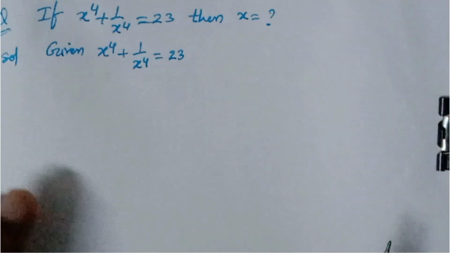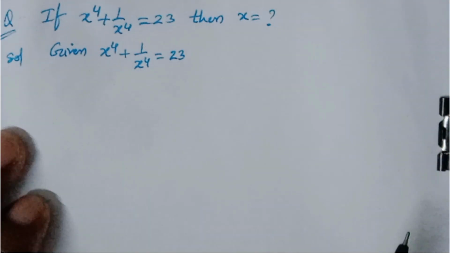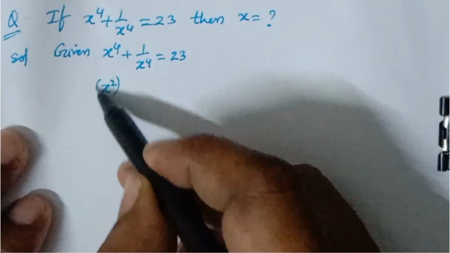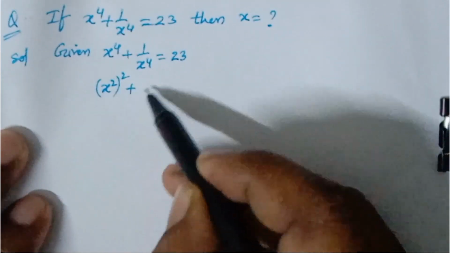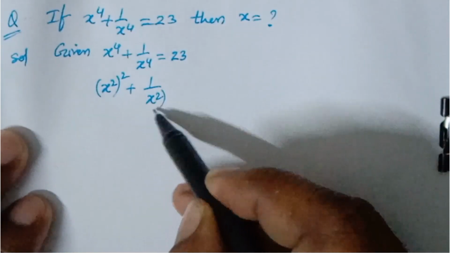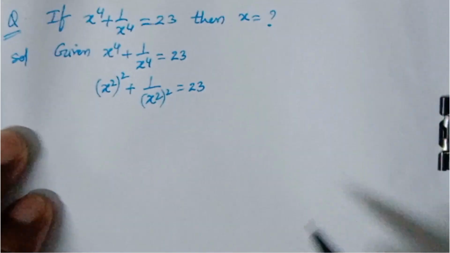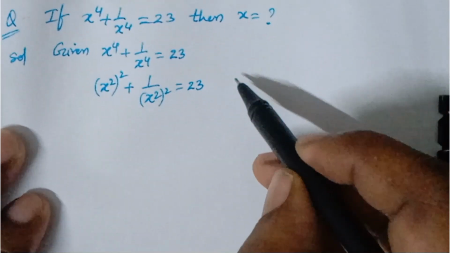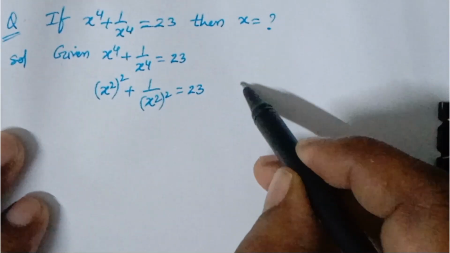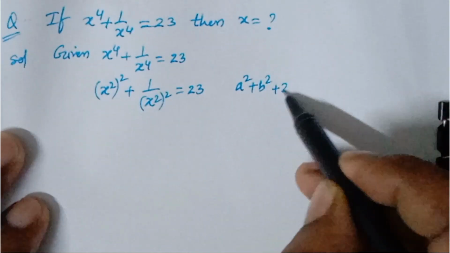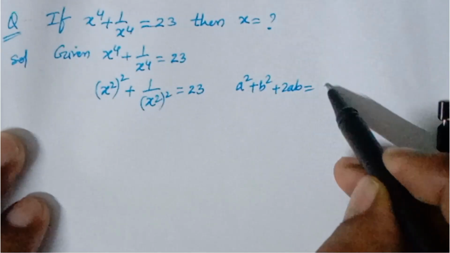I will write it in exponential form: x square plus 1 by x square whole square is equal to 23. Now here we are going to use the formula a square plus b square plus 2ab is equal to